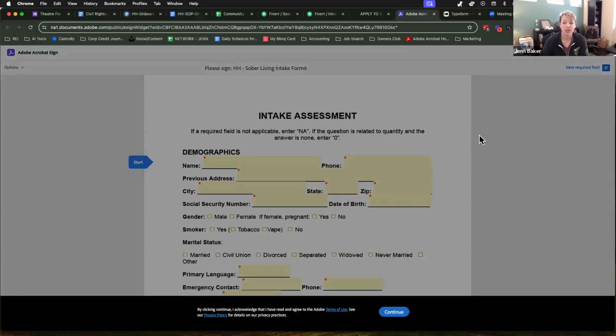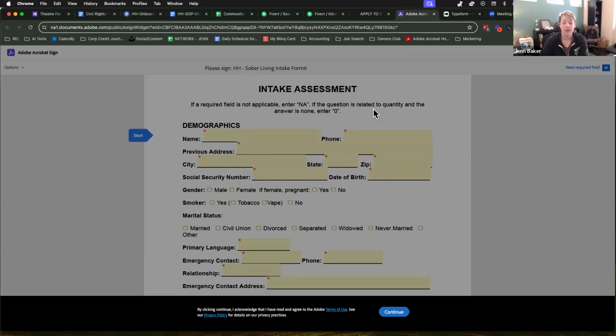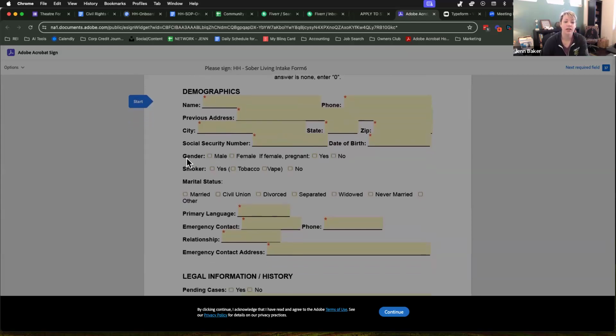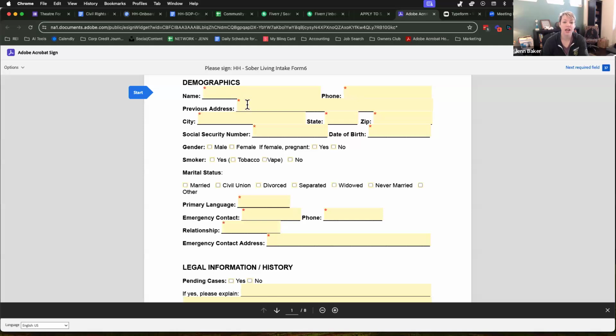Another challenge with using Adobe Forms is that when this is filled out, okay, one, I can't mark gender, and take this with a grain of salt. I am not a pro user, so maybe there's a workaround for some of these things. Let me click continue just so you can see the screen better. You see all the red asterisks are required questions. Well, gender, marital status, there are other questions that I would like to have marked as required, but the way this form is set up,